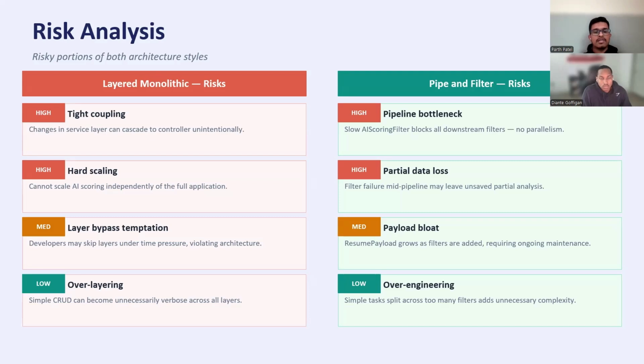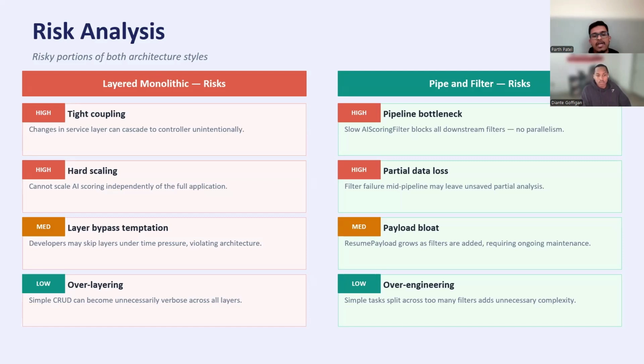For the layer monolithic, we identify two high risks. First would be tight coupling, like changes in the service layer can unintentionally cascade to the controller. Second would be hard scaling. We cannot scale AI scoring independently from the rest of the application. We also identified a medium risk around layer bypass temptation, where developers under time pressure might skip layers and violate